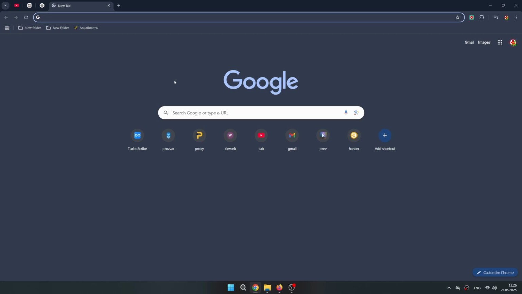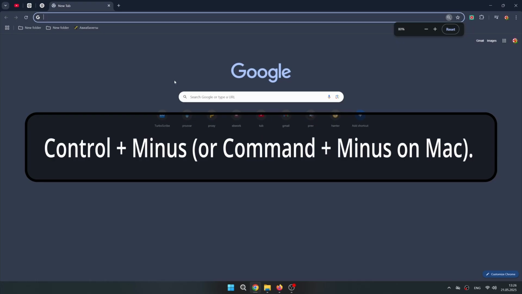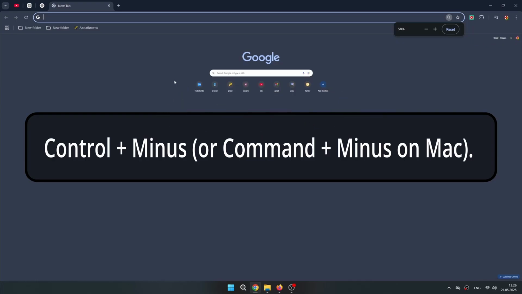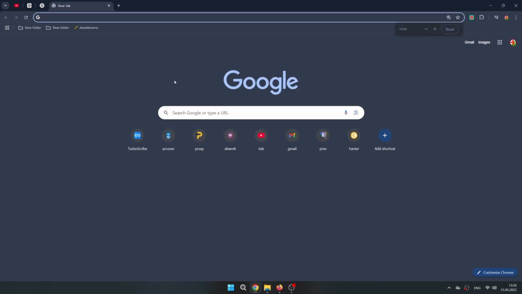To zoom out on a page in Google Chrome, use the keyboard shortcut Ctrl+- or Command+- on Mac. This will reduce all elements on the page, including text and images. You can also zoom out by clicking the magnifying glass icon in the top right corner of the browser and